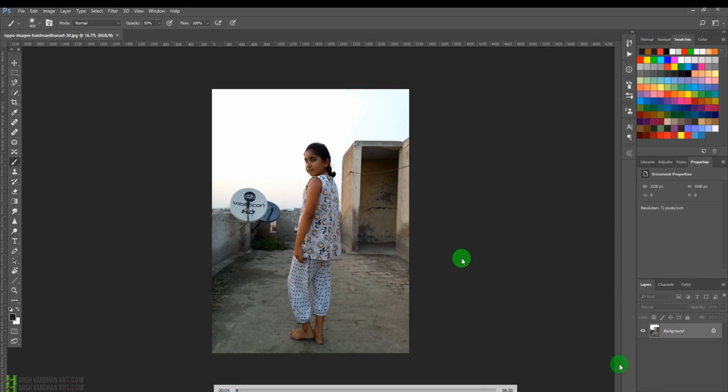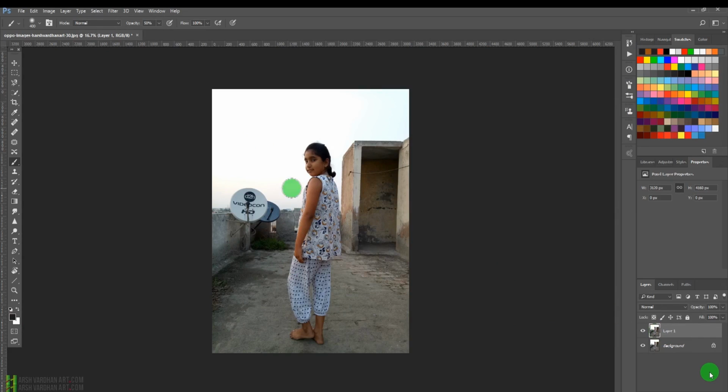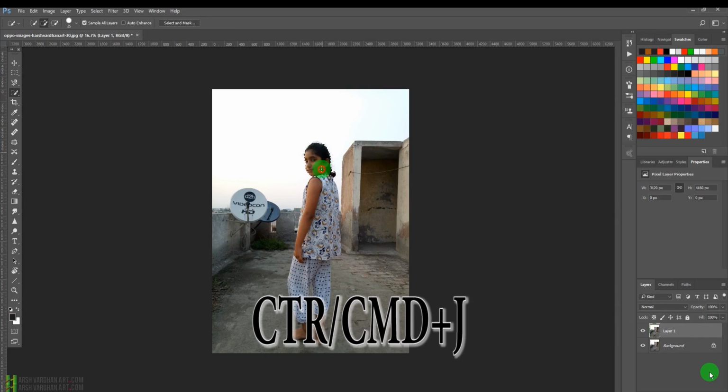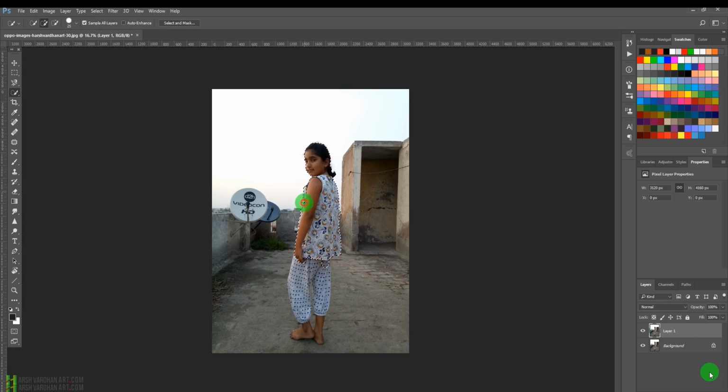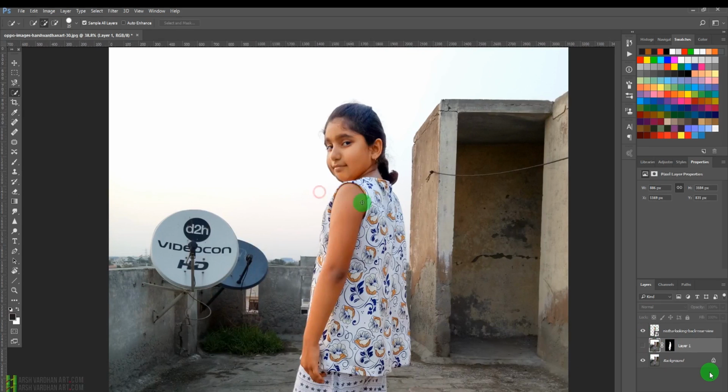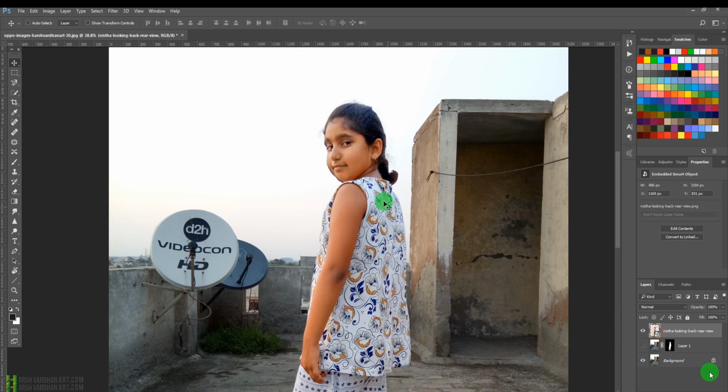So we have opened this image over here in Photoshop, and first of all I'm going to create a duplicate copy of it by pressing Ctrl J or Command J, and then I will make a selection of it using the quick selection tool. And let me quickly do this, and I'll be back when the selection is done. And now I have created the selection, and this is the cutout which I have made, and let me just adjust it in the proper position, selecting this,